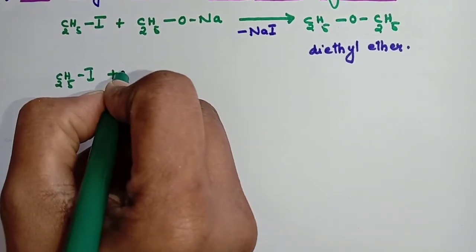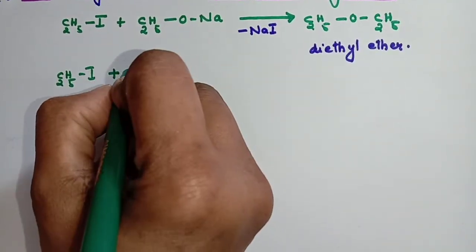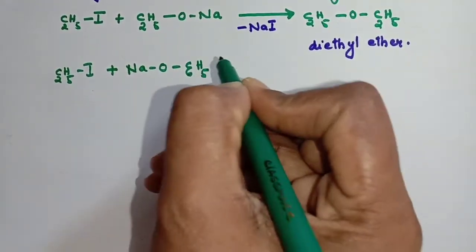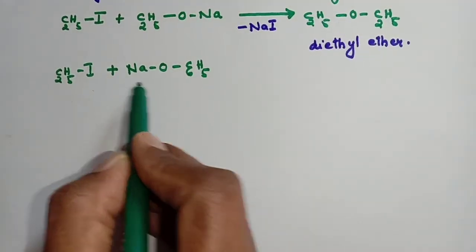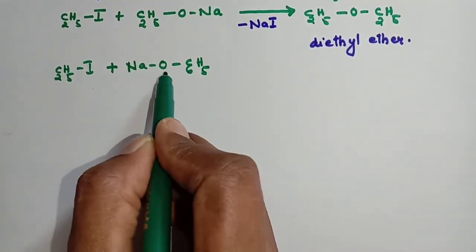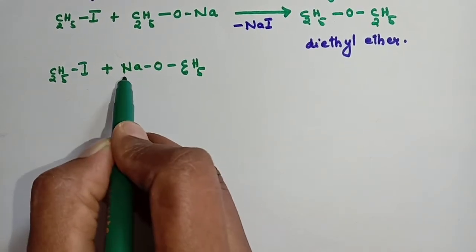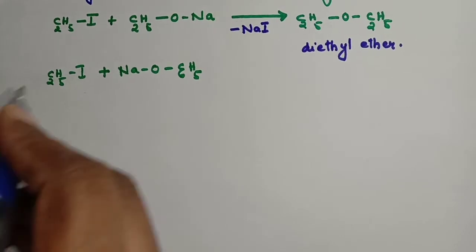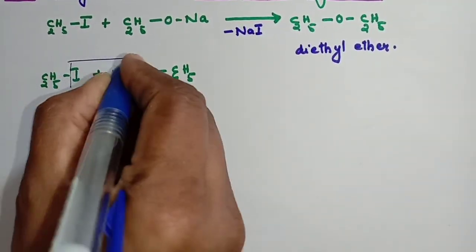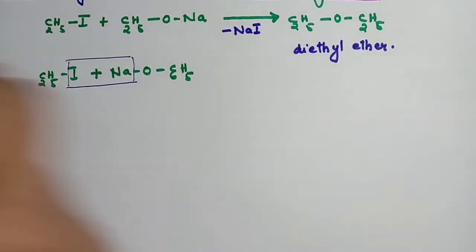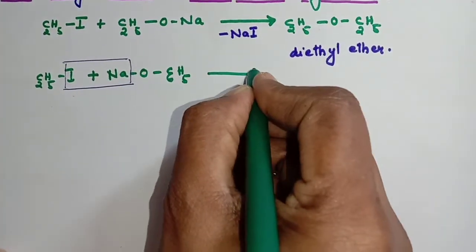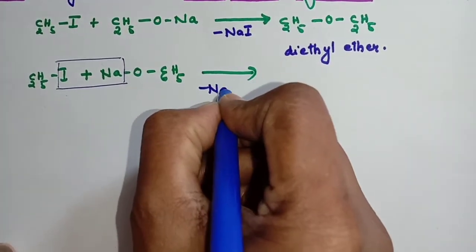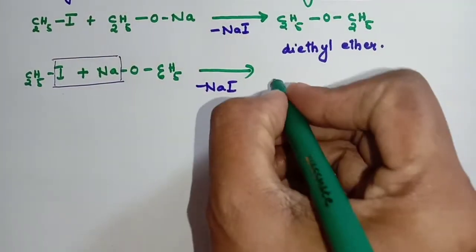Okay. Here I am taking sodium phenoxide, NaOC6H5. So this is called as sodium phenoxide. C6H5O is called as phenoxy group. This is sodium. So it is called as sodium phenoxide. When these two are heated, again Na and I comes out as minus NaI, resulting in the formation of